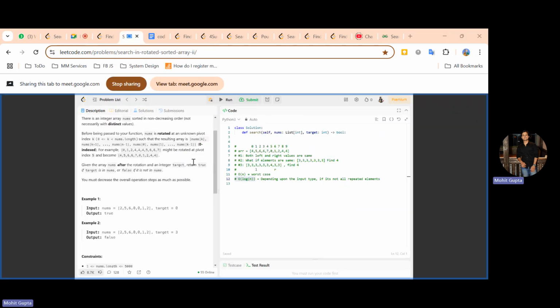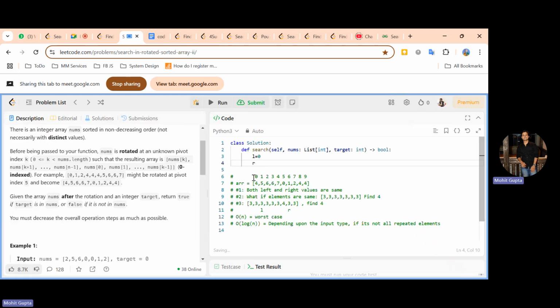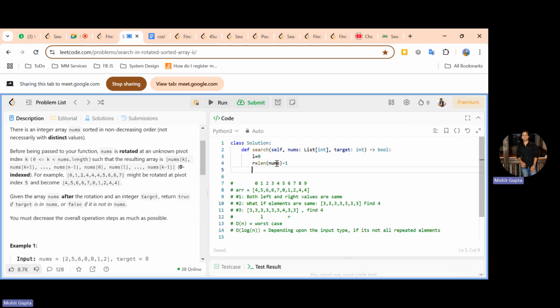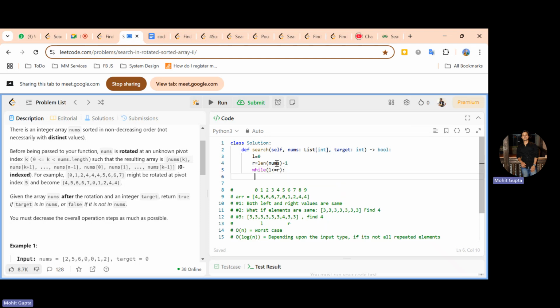Okay, so now we are going to implement this approach that we decided. So L is equal to 0. R, let me switch to a shorter view. R is going to be length of nums minus 1, while L is less than equal to R, the same. So I just don't need to put the bracket. Okay, fine. So while L is less than equal to R, then first we find out the middle,